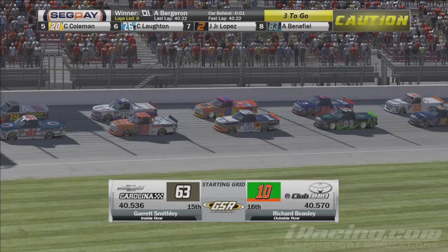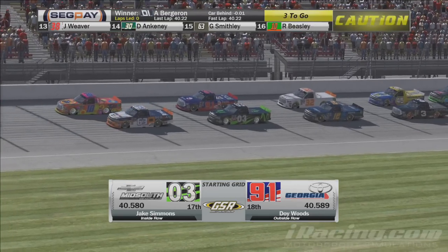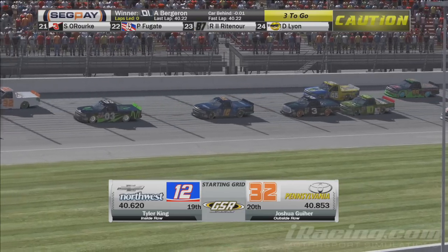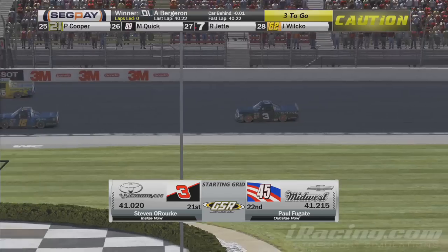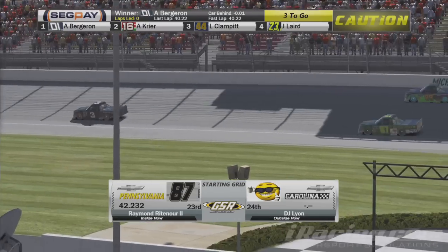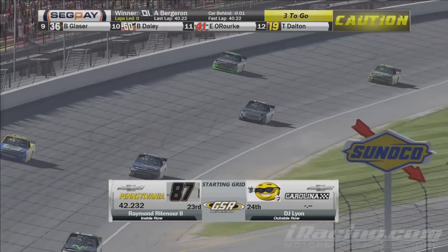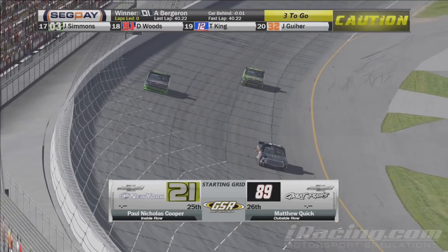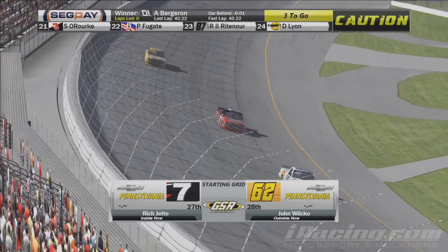On the outside, number 10, Garrett Beasley will be starting 16th. 17th is the 03 of Jake Simmons, and beside him, Doy Woods will be rolling off 18th. 19th sees Tyler King in the 12th car, and on his outside, the 32 of Joshua Guiher. Stephen O'Rourke in the 3 truck will start 21st. 22nd of Paul Fugate. 87 of Ray Rittenauer will be the last truck to take qualifying time here tonight. He will start 23rd. The rest of these drivers deciding to take a provisional on the night. Starting 24th, that'll be Paul Cooper, Matt Quick, Rich Jett, and John Wilco round out the 27 truck field we